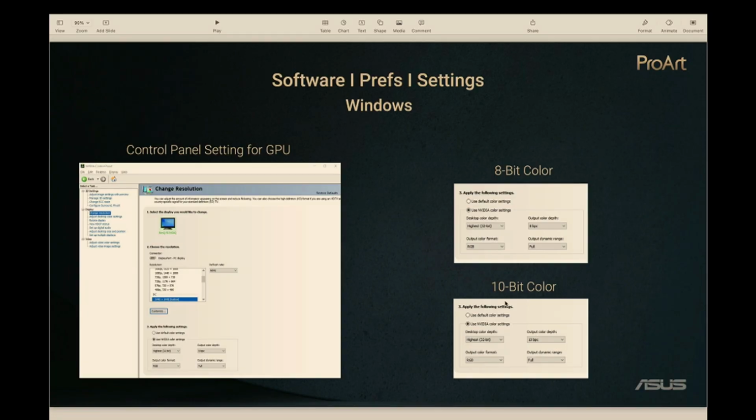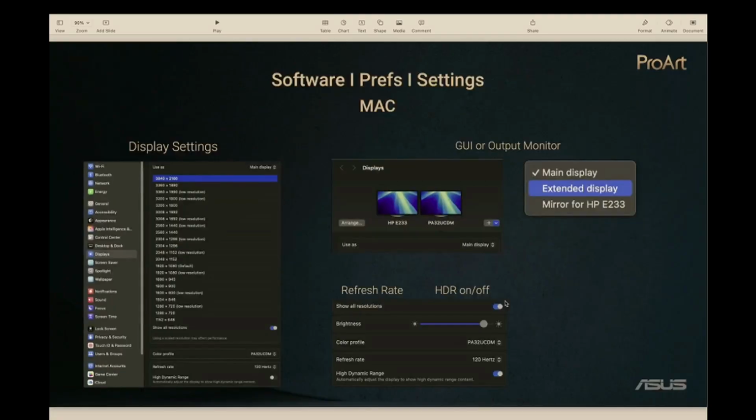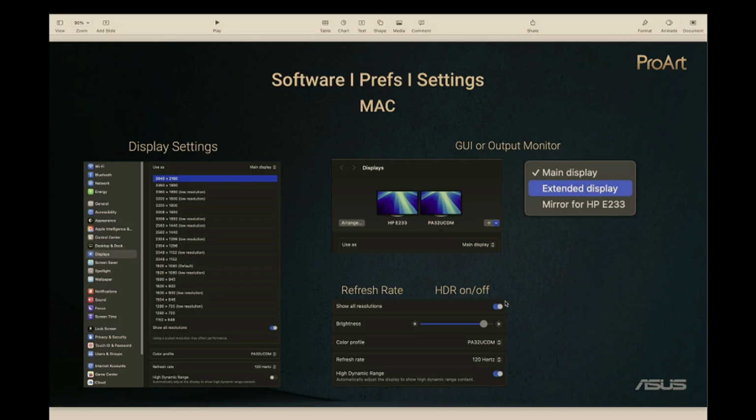Now, besides that, on the Mac side, everything is assumed 10-bit, unless you choose the lower resolution. But the options will be to choose your resolution, which will still be at 10-bit, unless you choose low resolution. And then to choose, if you're going to use this as your GUI monitor, if this is your only monitor, right, then that's when you would choose main display. Otherwise, if you're going to use it as your output monitor, make sure to check the box for extended display